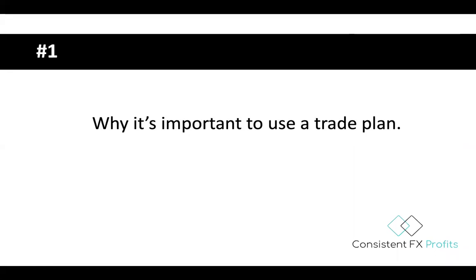So number one, why is it important to use a trade plan anyways? Maybe we should start with what is a trade plan? A lot of people talk about having a plan, having a set of rules. That sounds really general to me. And I think if you asked 10 different people what a trade plan is, you'd probably get 10 different answers. So what I mean specifically regarding a trade plan is, what are your rules for qualifying